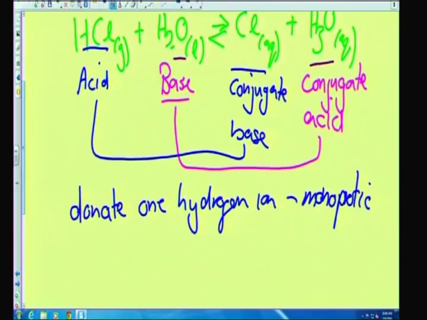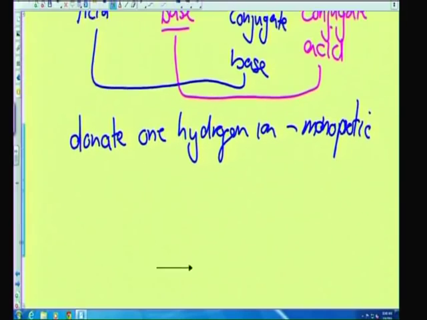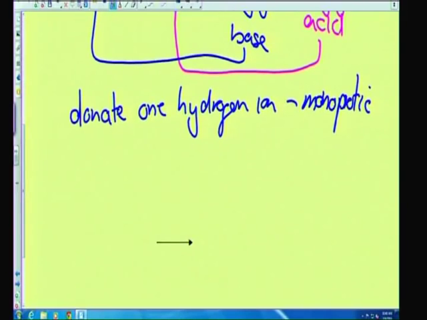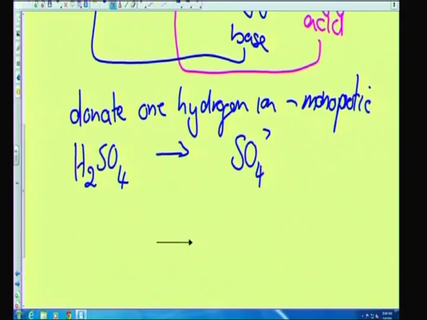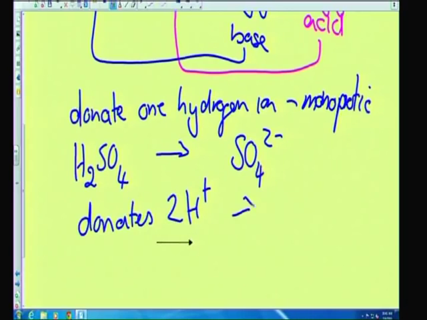But if it were to be something different, say something like H2SO4, now that can become SO4 2 minus. Then it's going to donate how many? It donates 2 H plus. And if it donates 2 H plus, we call it